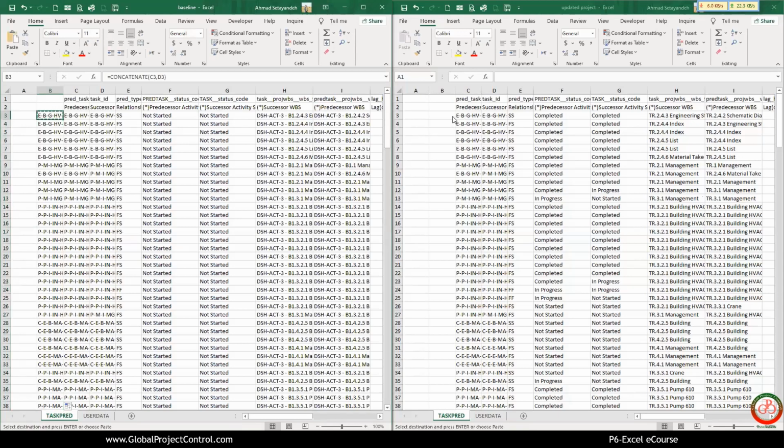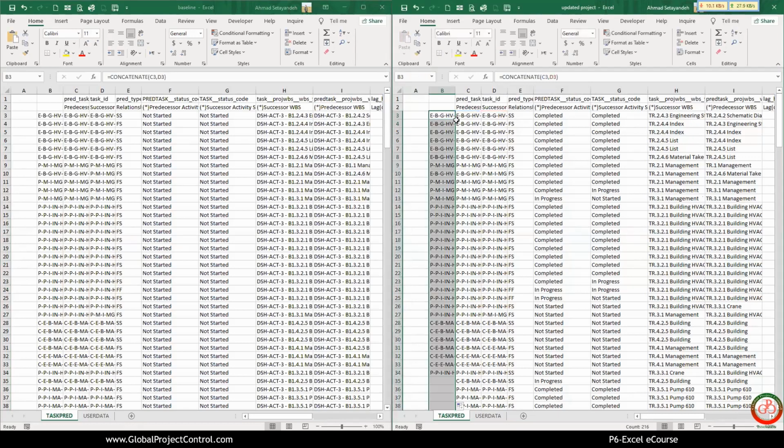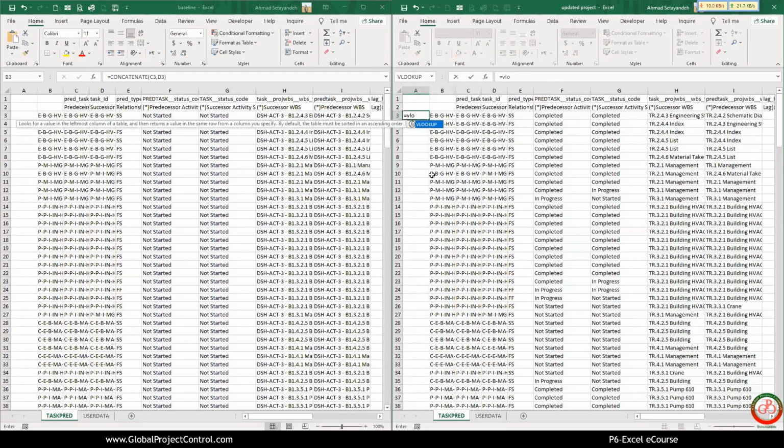I copy this and paste it over here, because the sort of columns are the same, then you can find it. The formula worked for the second one. Then we want to compare the updated project to the baseline. So if I write a VLOOKUP for this item,